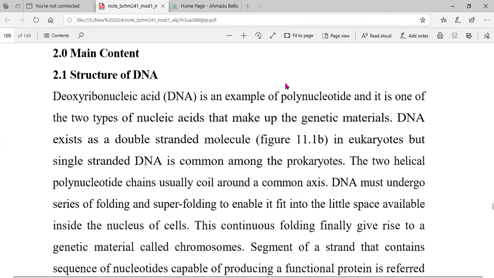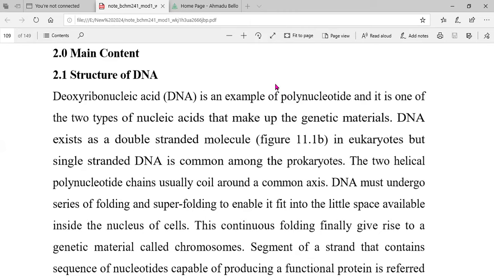In today's video, we'll be discussing the structure of DNA and RNA. You can recall in the previous class, we discussed the introductory section of DNA and RNA, and we have seen the various components of DNA and RNA. So today we are going to be looking at the structure in more detail and the processes that